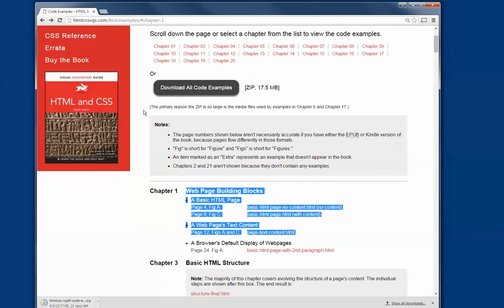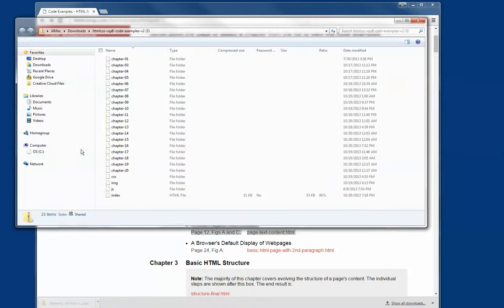Now if you're in Windows, it will unzip it pretty much automatically. If you're on a Mac, it should also be able to unzip it automatically. And if you have any problems with that, just give me a call and we'll work through it. So my code is going to be down on my PC. Ready. So now that we have this, we can double click on this zip file,